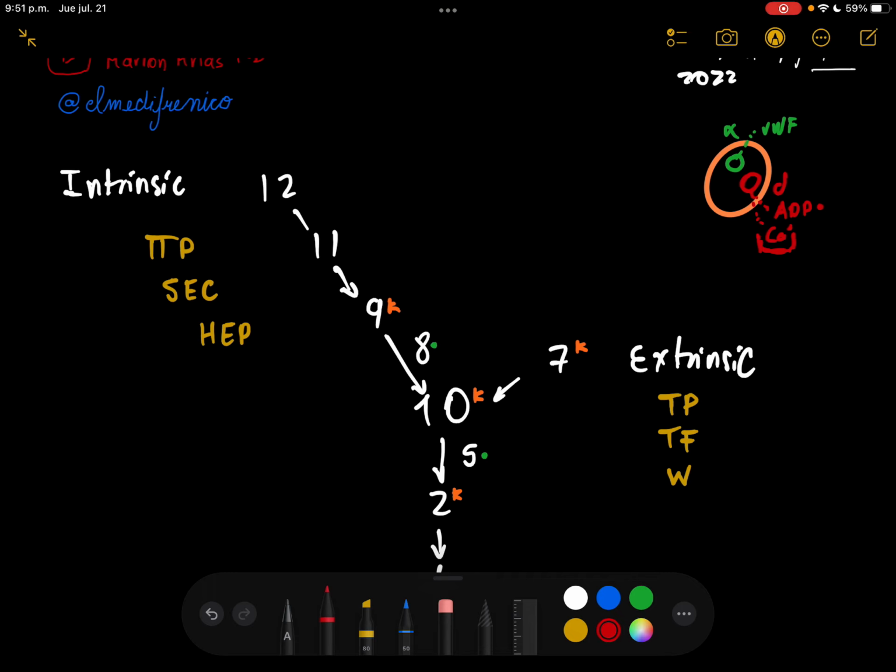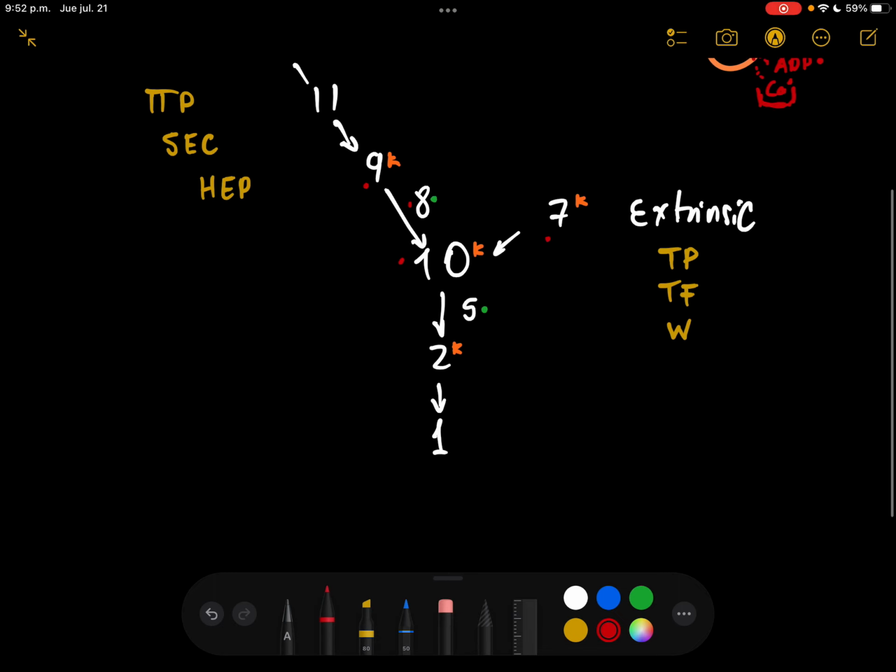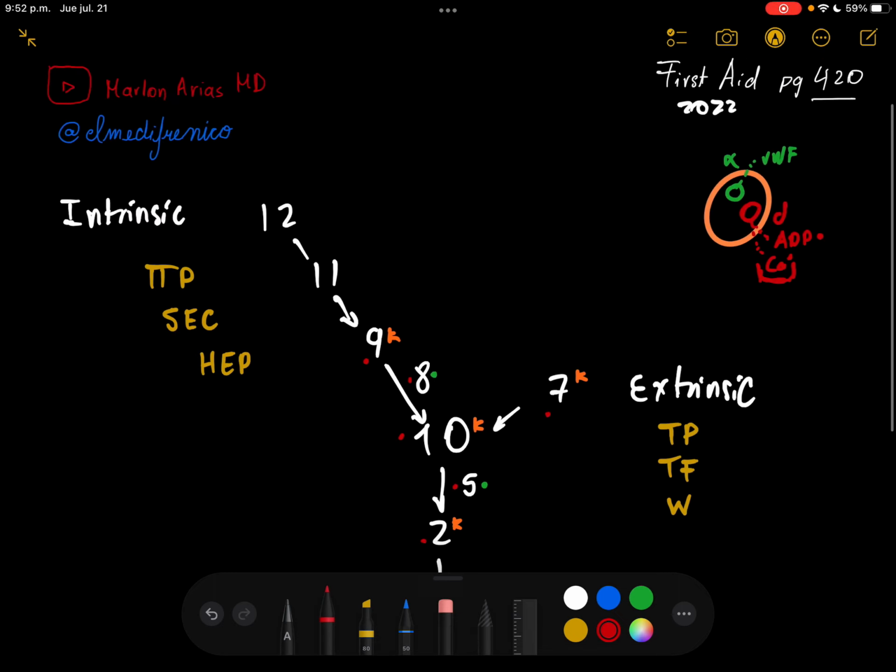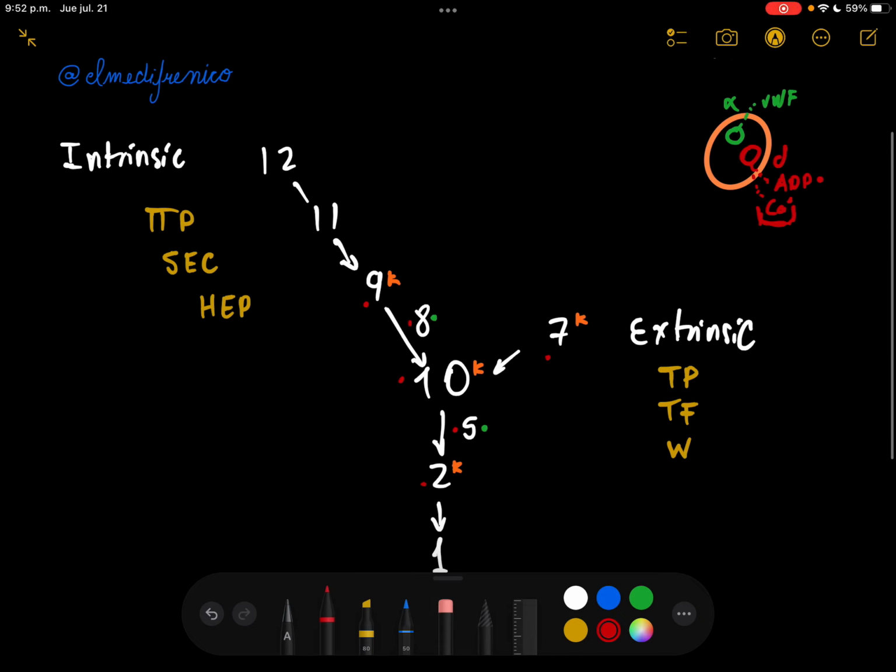we are looking at the calcium, and we have some factors that act with the calcium. So starting with 9, 8, okay, 10, 7, and also 5 and 2. So calcium is a really important electrolyte that is going to help us in almost every part here in the coagulation cascade. Okay,